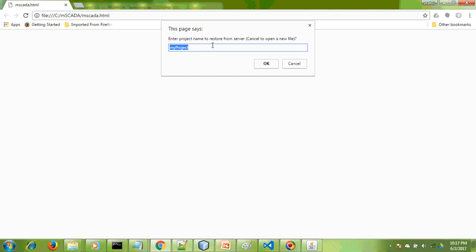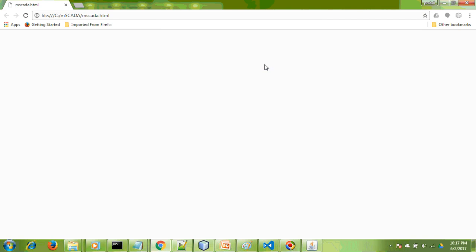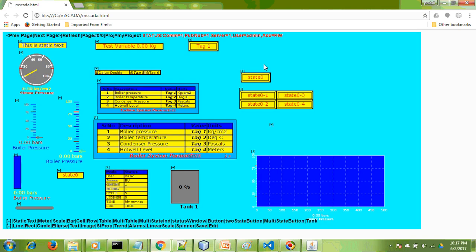Now it gives a default project name as my project. There could be any number of projects lying there. So it has received the data about the project configuration as a JSON file from the mScada server, and this is the mScada screen that you will typically be seeing